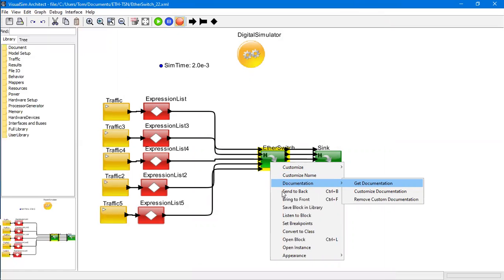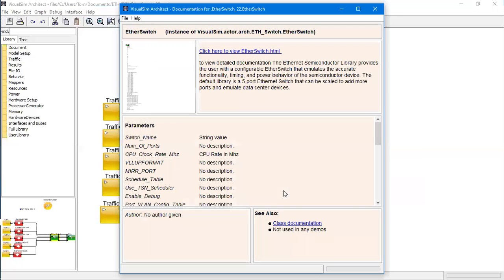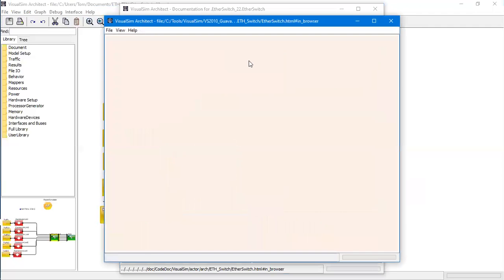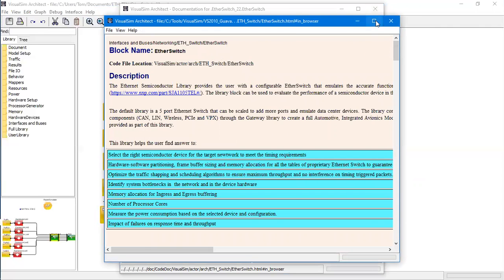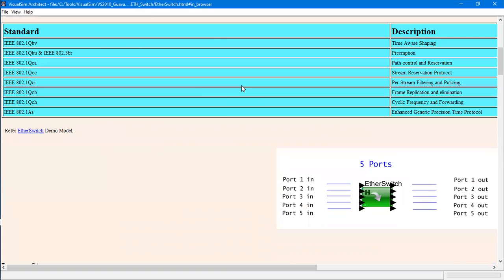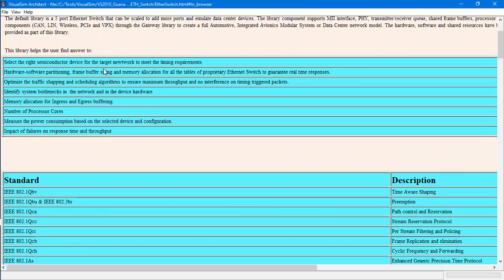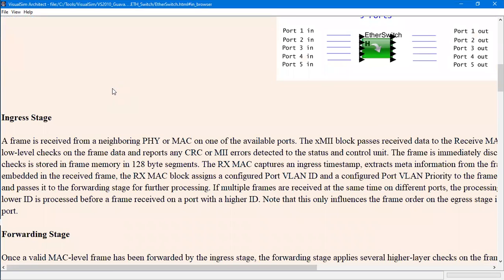It will open up a new window which will give you a description of how the switch is working. We can see a hyperlink first itself. Let's click on here. It opens up a detailed window, where we can see the detailed documentation on this